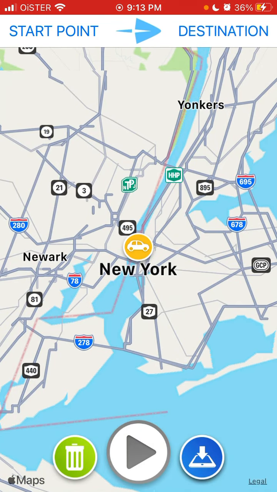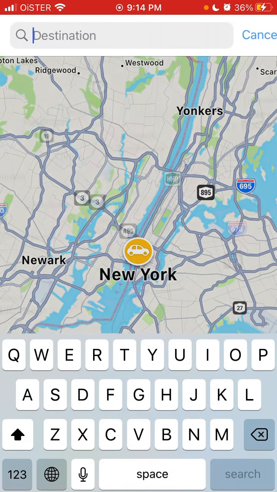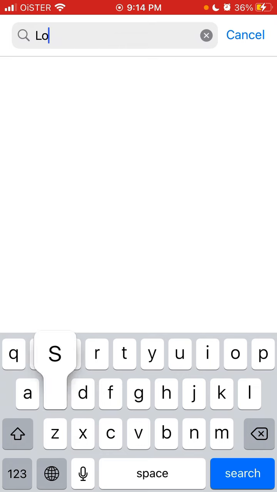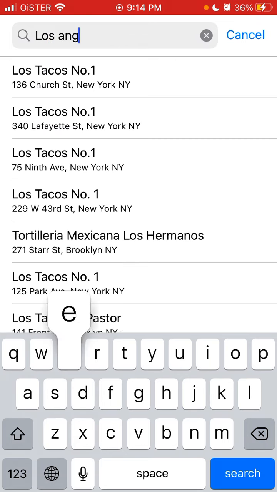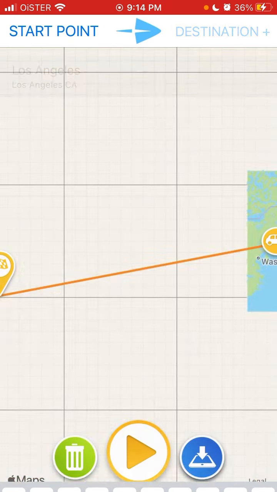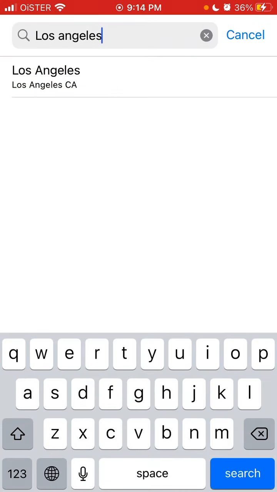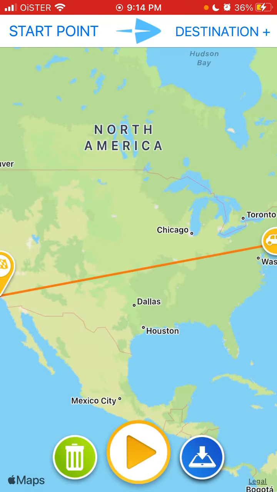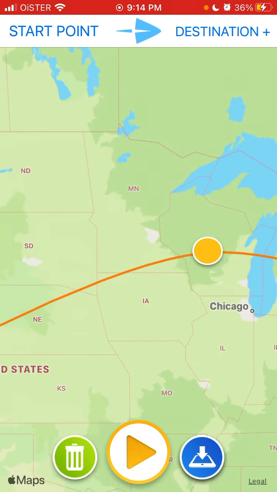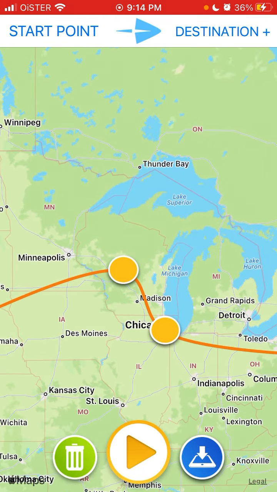So yeah, you can just select here and then you tap destination. So that's the second point you are traveling to. So then you can just enter something like that. Then you can also add, I think, or you can drag around like this, and then you can add some additional